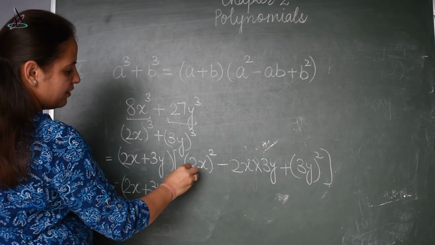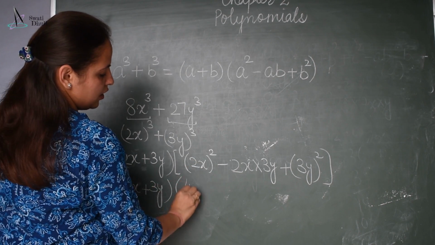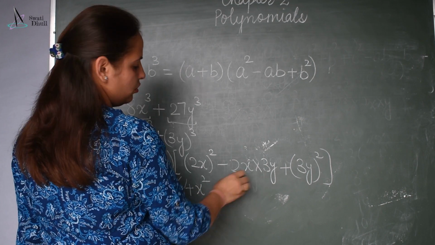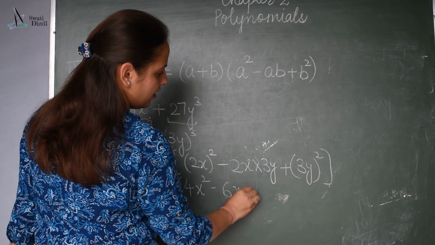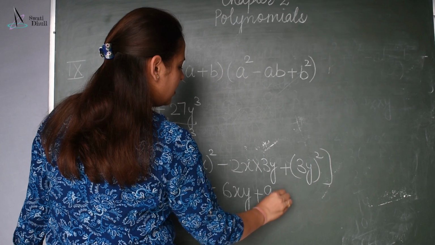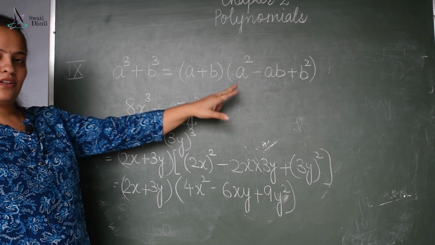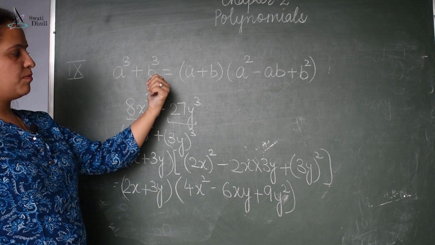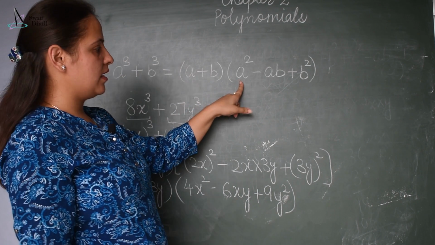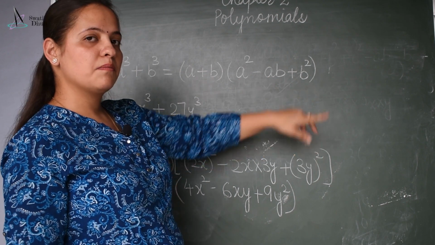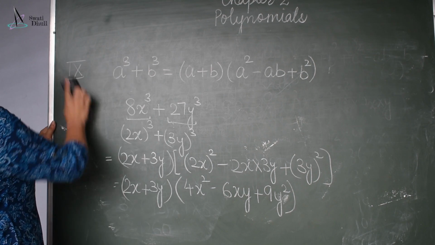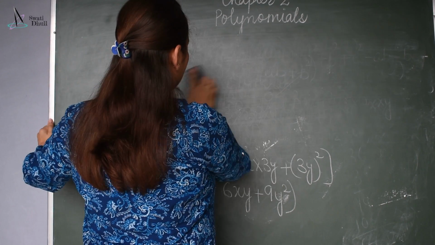Now I have to simplify it. 2x whole square is 4x square. 2 3s are 6, 6xy plus 9y square. This is how we can factorize it. That is a cube plus b cube is equal to a plus b into a square minus ab plus b square. Now your 10th identity is